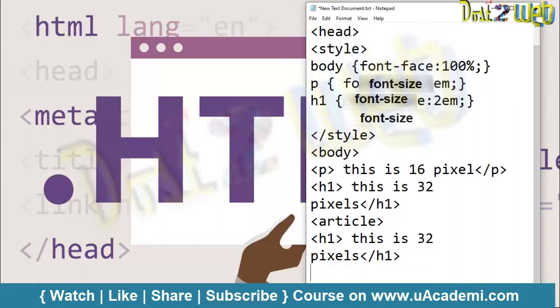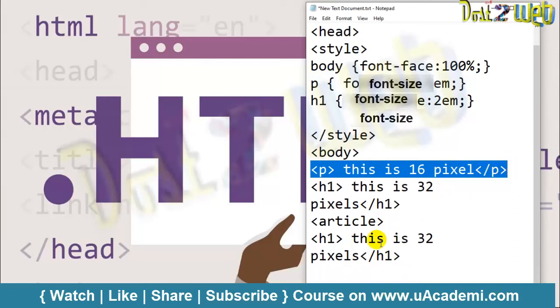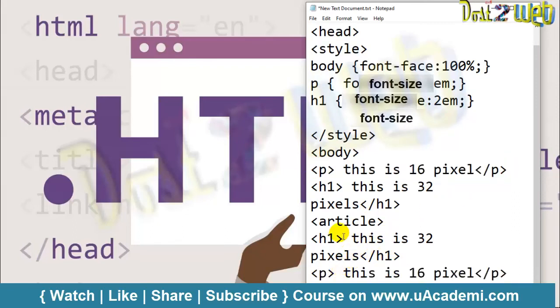Same way we need a paragraph. We'll use the same paragraph here, entered inside the article tag. Then we will close this article tag.